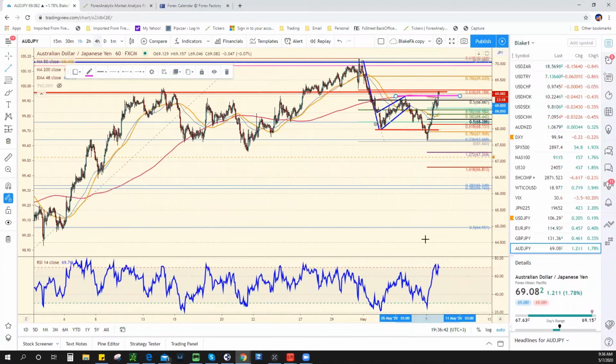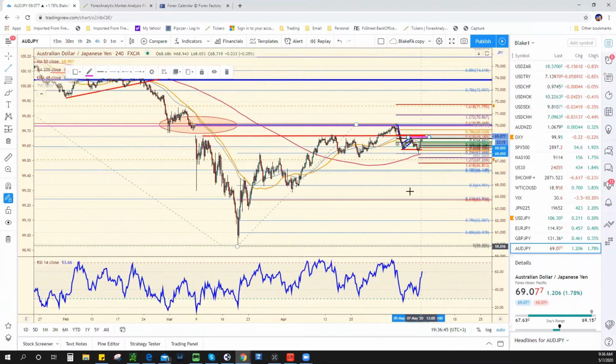This is another one. If you're like, well, I don't want to play the Euro Aussie, well, fine. This filled the gap again, but we just rallied right into resistance at 69.20. It's also 618. So if you want to sell it up here, that's an idea. There are opportunities, but everything that you do right now is going to be counter trend. You have to be really careful, knowing that we have the jobs report tomorrow, knowing that it's been a pretty massive move